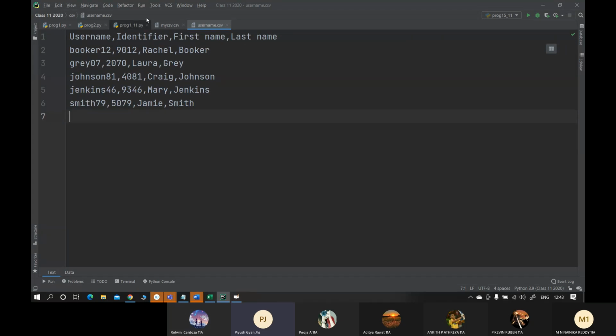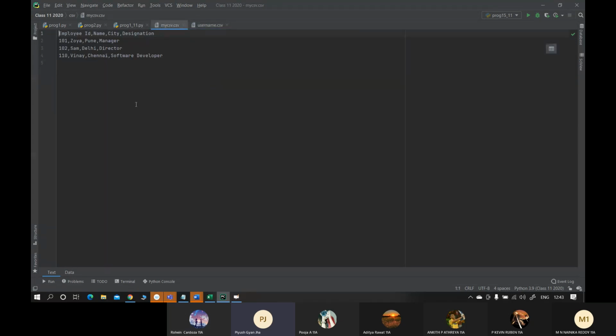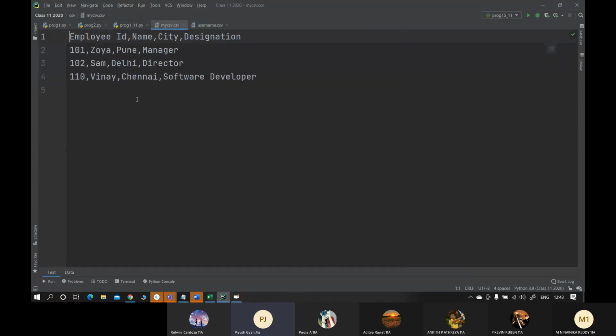Okay? So what is the use of CSV files? CSV files are used to represent tabular data. Tabular data means this same set of data can be put inside a table also, wherein the first line will be the column header. See this: name, city, destination. And then the first column values are 101, 102, 110.